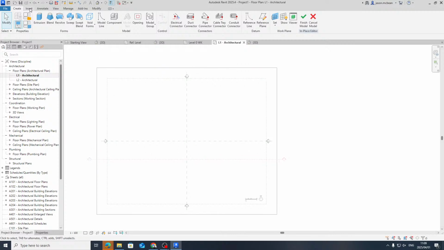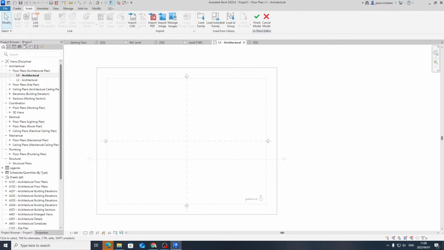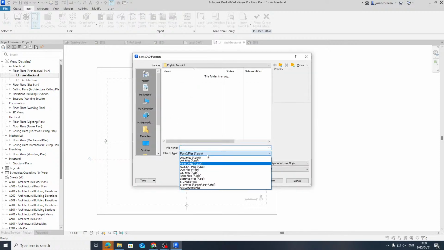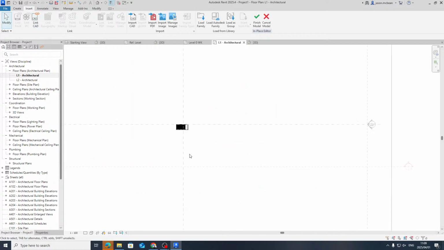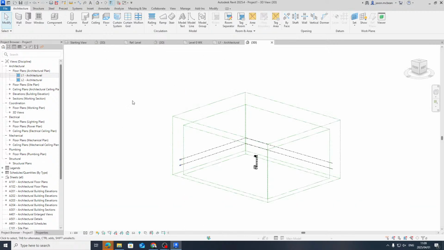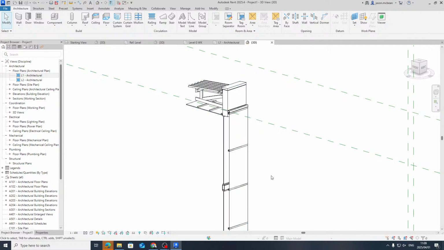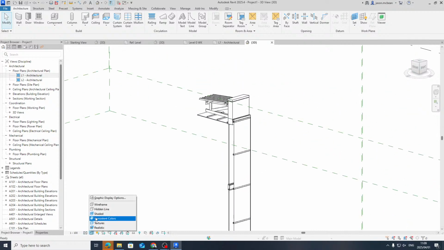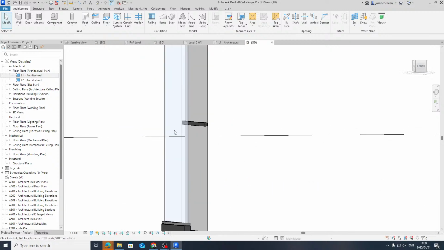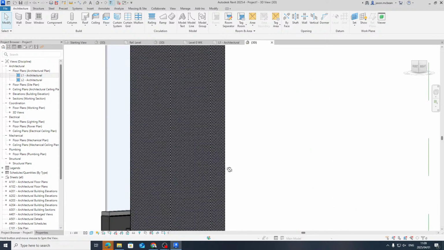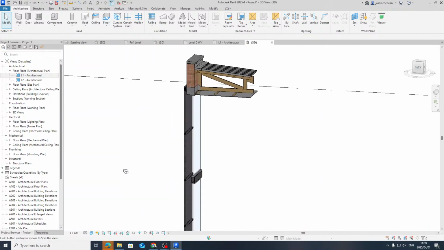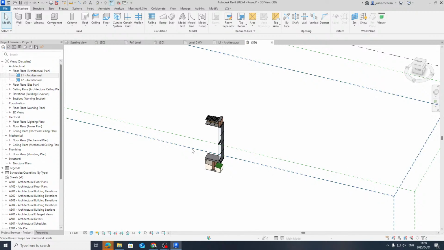But in essence, I'm going to go to Insert. We used to use LinkCAD because it meant that I can keep on refreshing the model. So if I keep reworking this detail, I'm just going to bring it in just like this. And you'll notice that it brings in this detail. So let's go to 3D view. It brings in this detail into Revit the way it should look. Yes, there's some information that gets missing and it doesn't quite work as well, but that's easy to fix. But now you see it brings us into Revit.